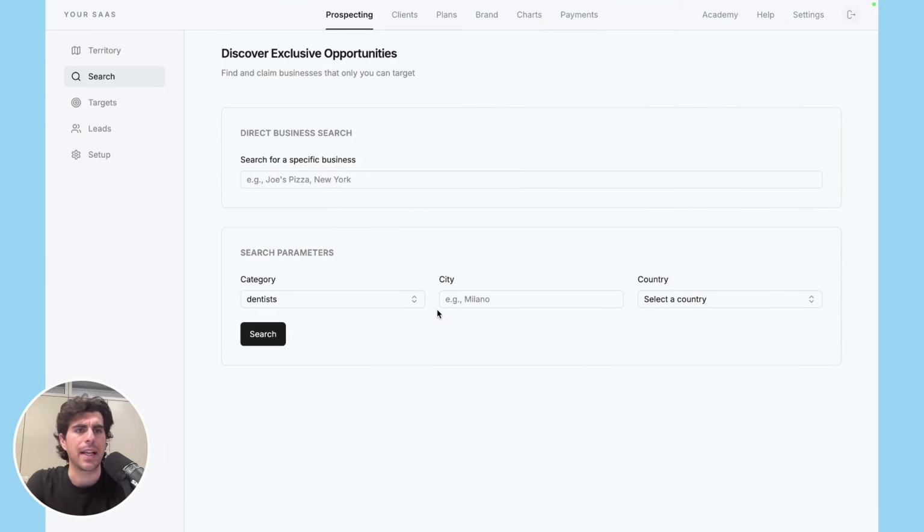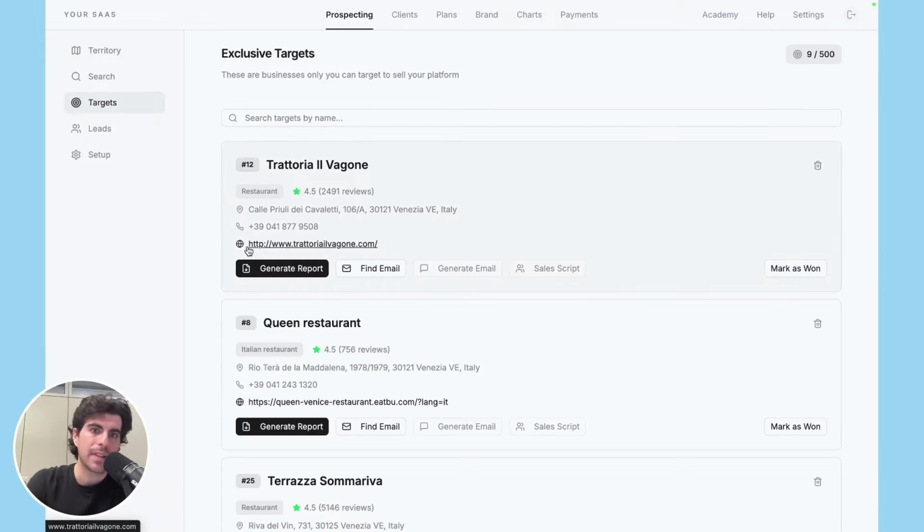For example, if you start closing the dentists in your area, whenever you go to a new dentist, you can show them the results that you brought to the other dentists in your area. So they trust you more because they see that you're helping specifically dentists to get more reviews and improve their online reputation in your area. So start by choosing your category, add your first targets, and then start to generate reports, visit the businesses, and